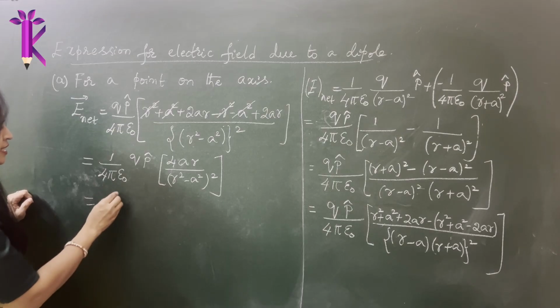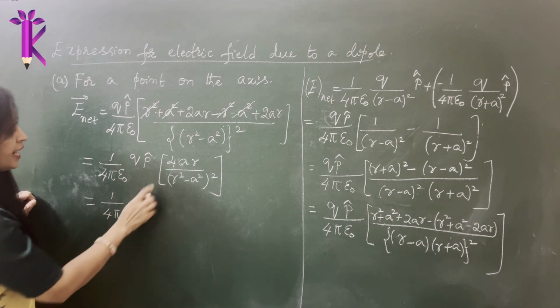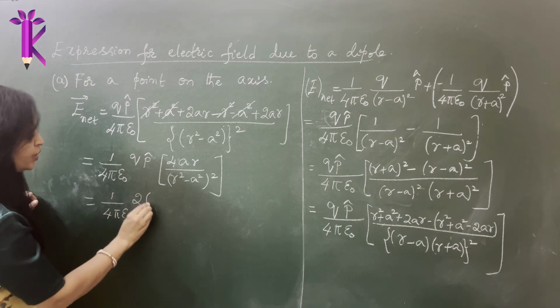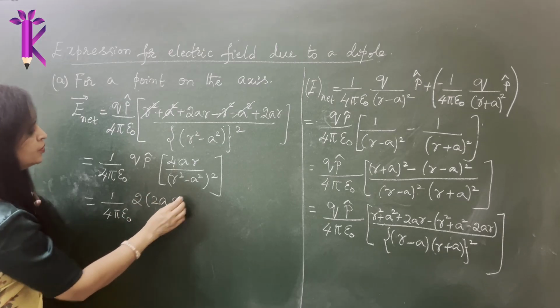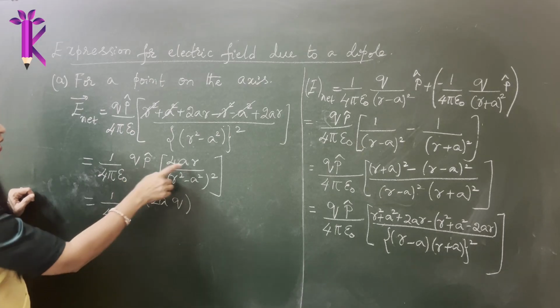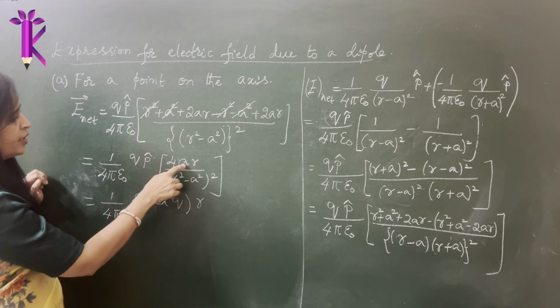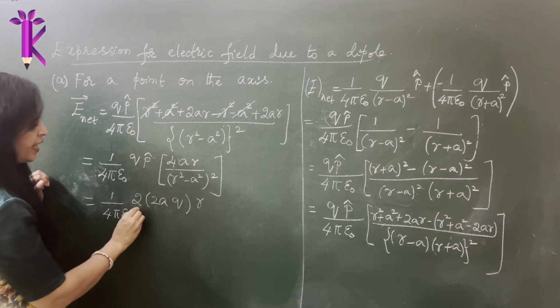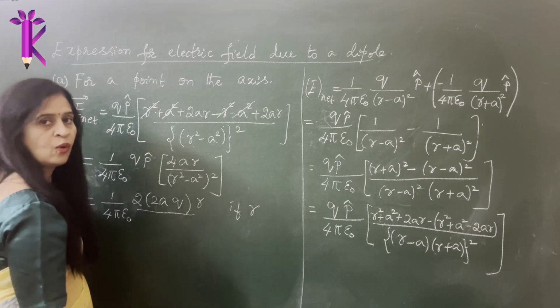We will rearrange it and write it as 1 by 4 pi epsilon naught, 2 into 2aq into r, so 4a can be written as 2 times 2a, whole divided by,